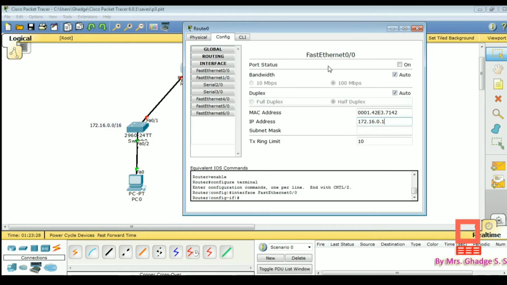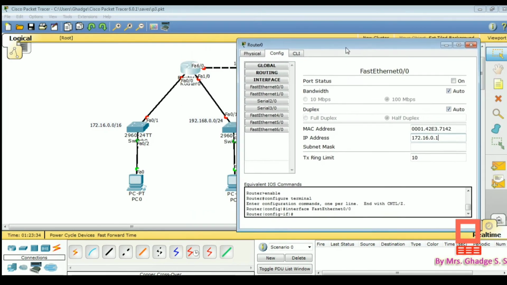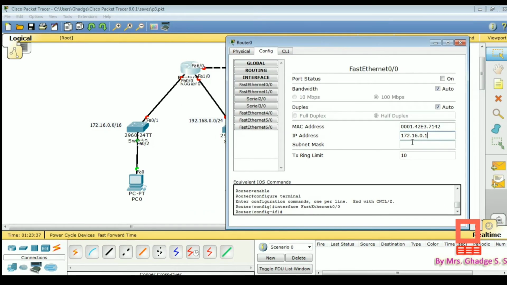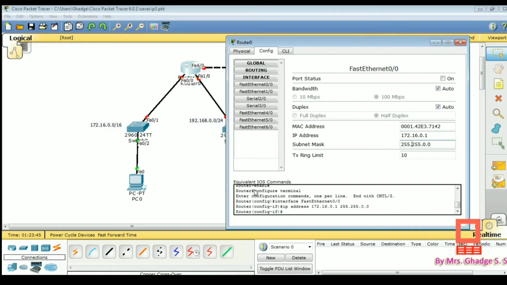Okay, so this IP address is called the default gateway address for the first interface. And here the subnet mask is automatically calculated to 255.255.0.0. Here is the equivalent IOS command shown. The first command shown here is ip address 172.16.0.1 and the mask.